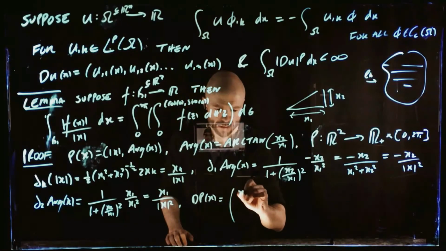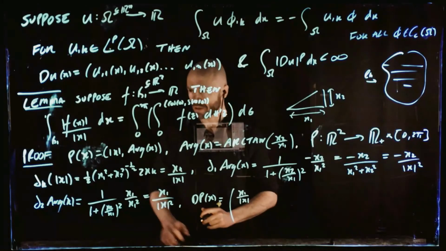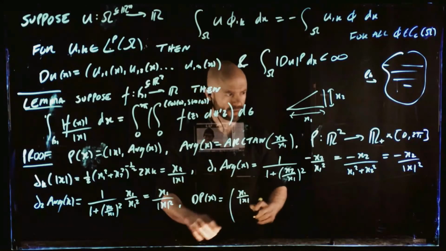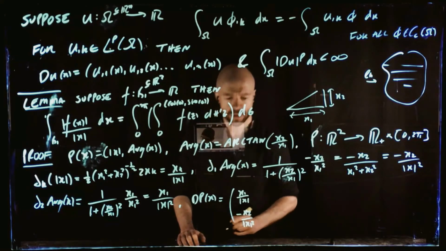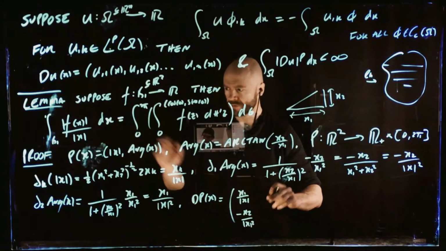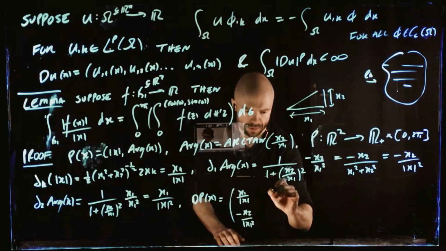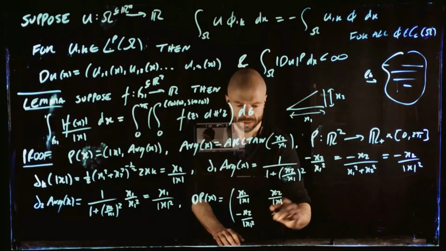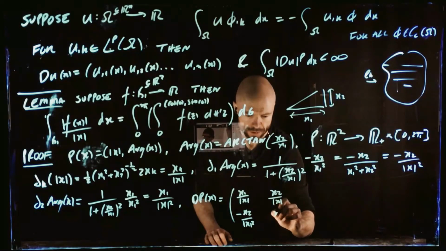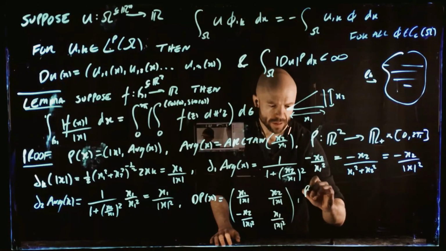the first coordinate, we're going to have x1 over mod x squared, then with respect to the first derivative, we have minus x2 over mod x squared. Then in the first coordinate with respect to the second, we have x2 over this, and then second coordinate with respect to the second, x1 over mod x squared. Therefore, the determinant